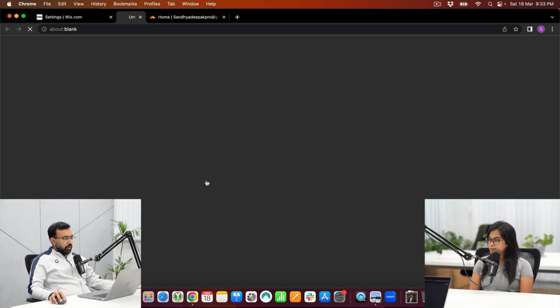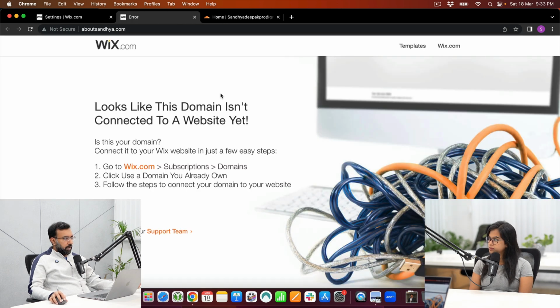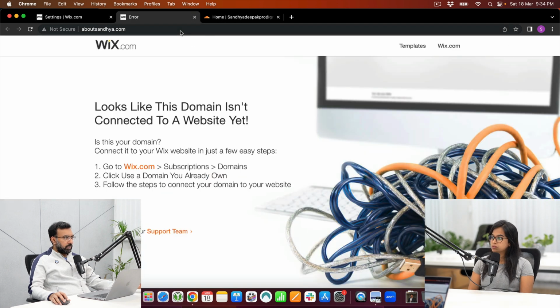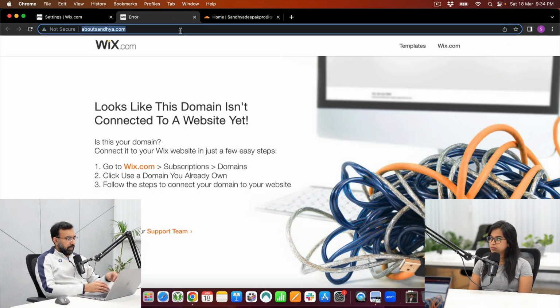Right now, if you go to aboutsandhya.com, there is nothing on it, but it is connected to Wix. I have told you that whenever you register a domain name, it is better to register it with name.com, namecheap.com or GoDaddy and then configure the name servers. But here, since we have registered it along with Wix itself, because they gave a free domain name, I didn't want to say no. You can see that the DNS records are already configured to Wix. So that is why the Wix site is opening.